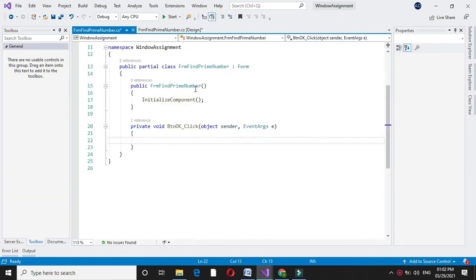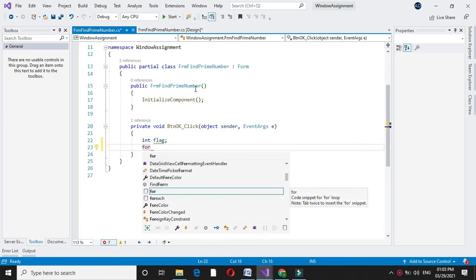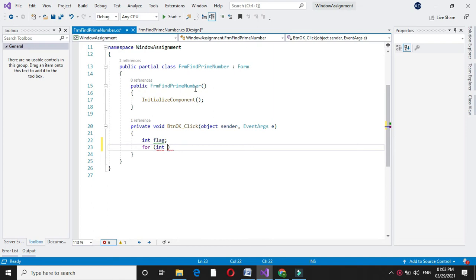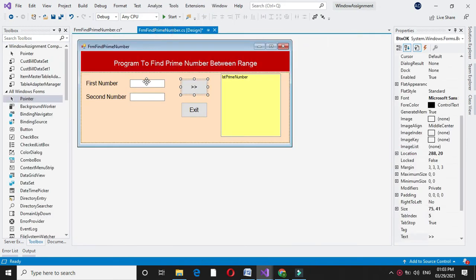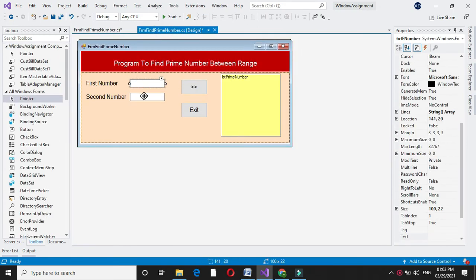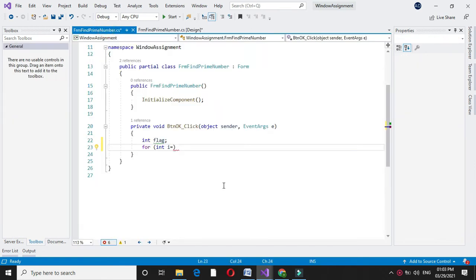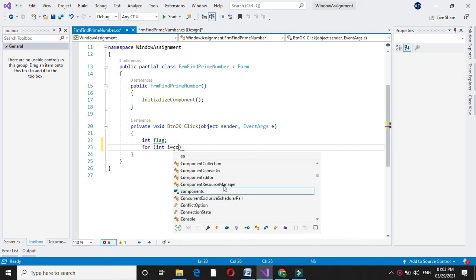into the list box. First, I will declare a variable and I will write a for loop, for int i equal to... since we are giving the range between txtFNumber and txtLNumber, our loop starts from txtFNumber. The text box value is a string, so we have to convert it to integer.